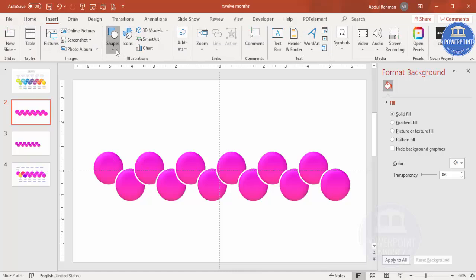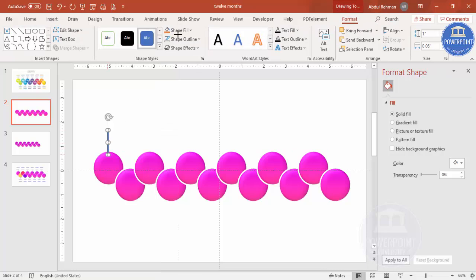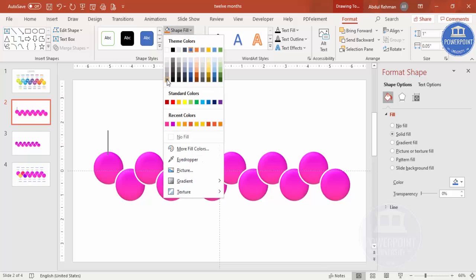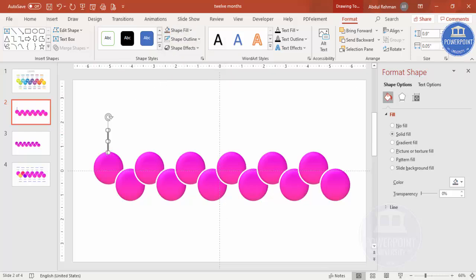For that, go to Insert, Shapes, select the rectangle, draw a small rectangle. You can see here shape outline, make it no outline, and shape fill, you can give some gray color, and you can increase or decrease the size with this one. So I'm just going to add it, press Ctrl D to duplicate this one, and then I'm just going to rotate this and increase. You can see here I can increase the width, and then I'm just going to put it exactly in the center. If you want, you can increase it further also, and make sure again it is properly aligned,